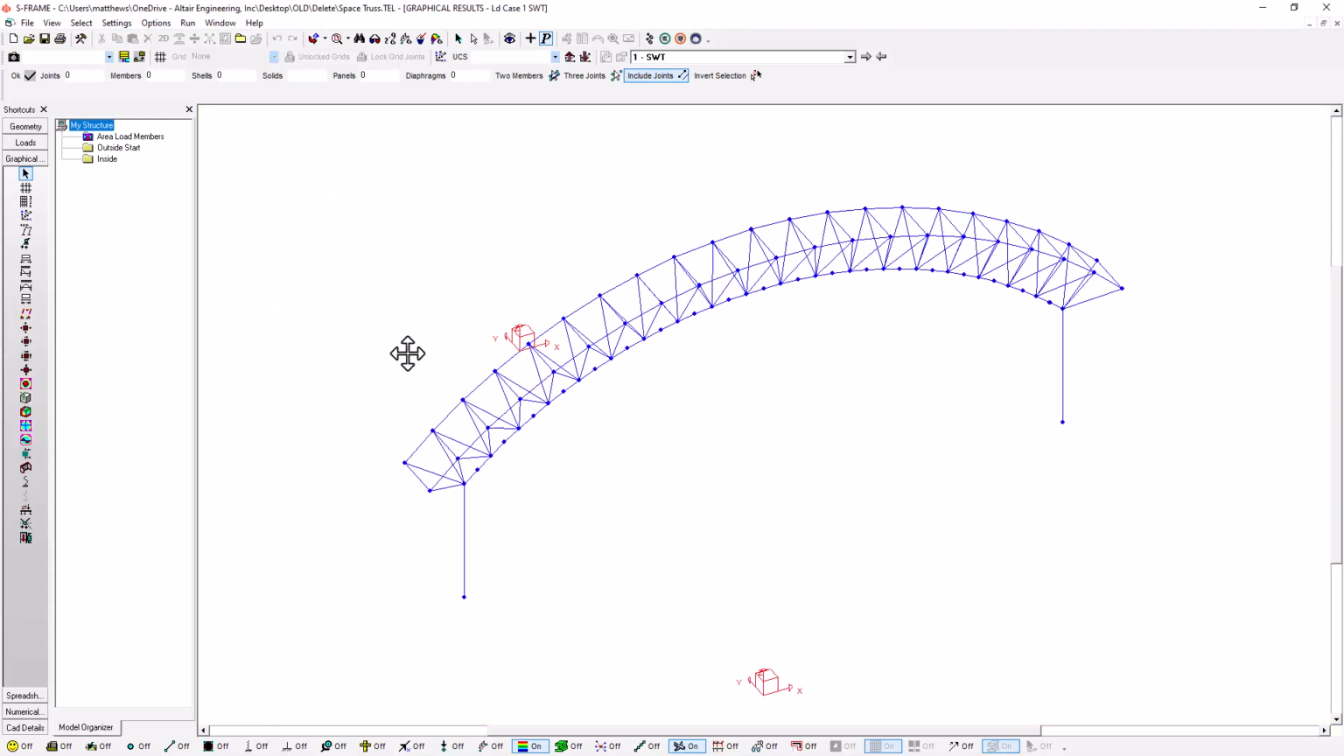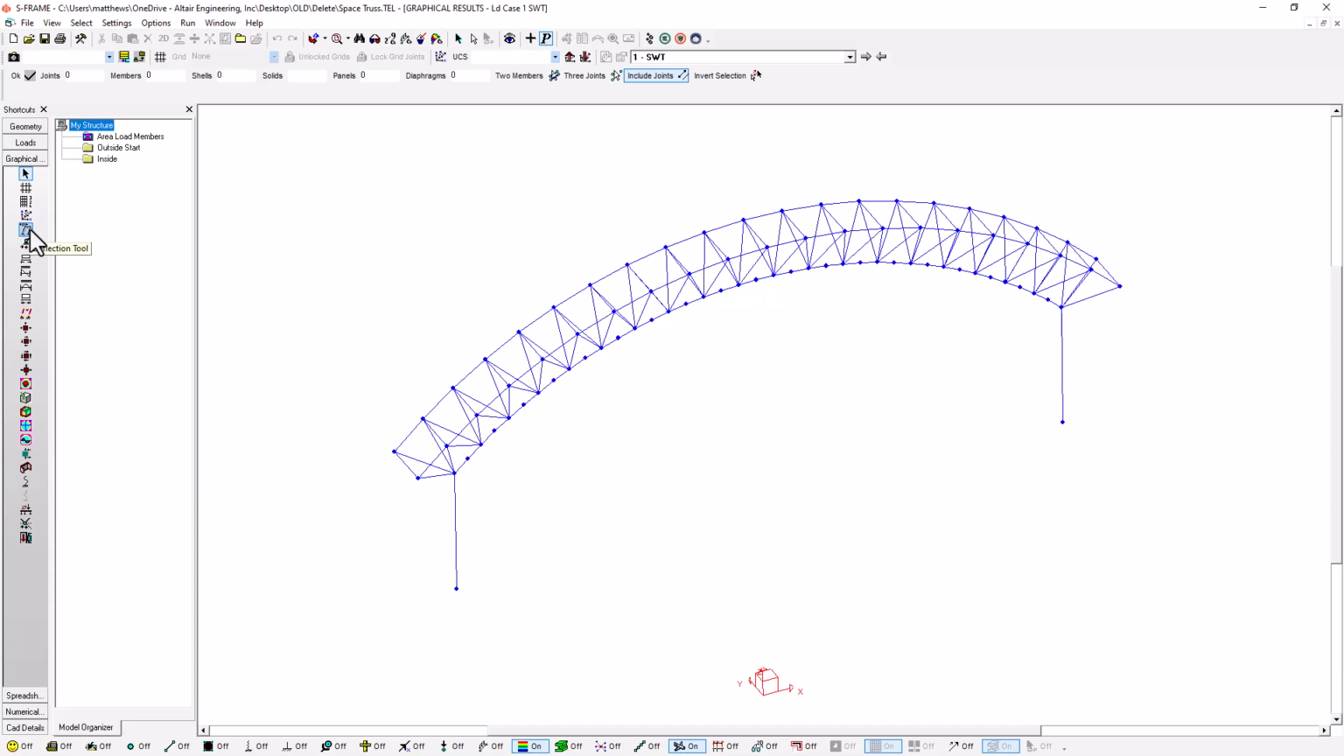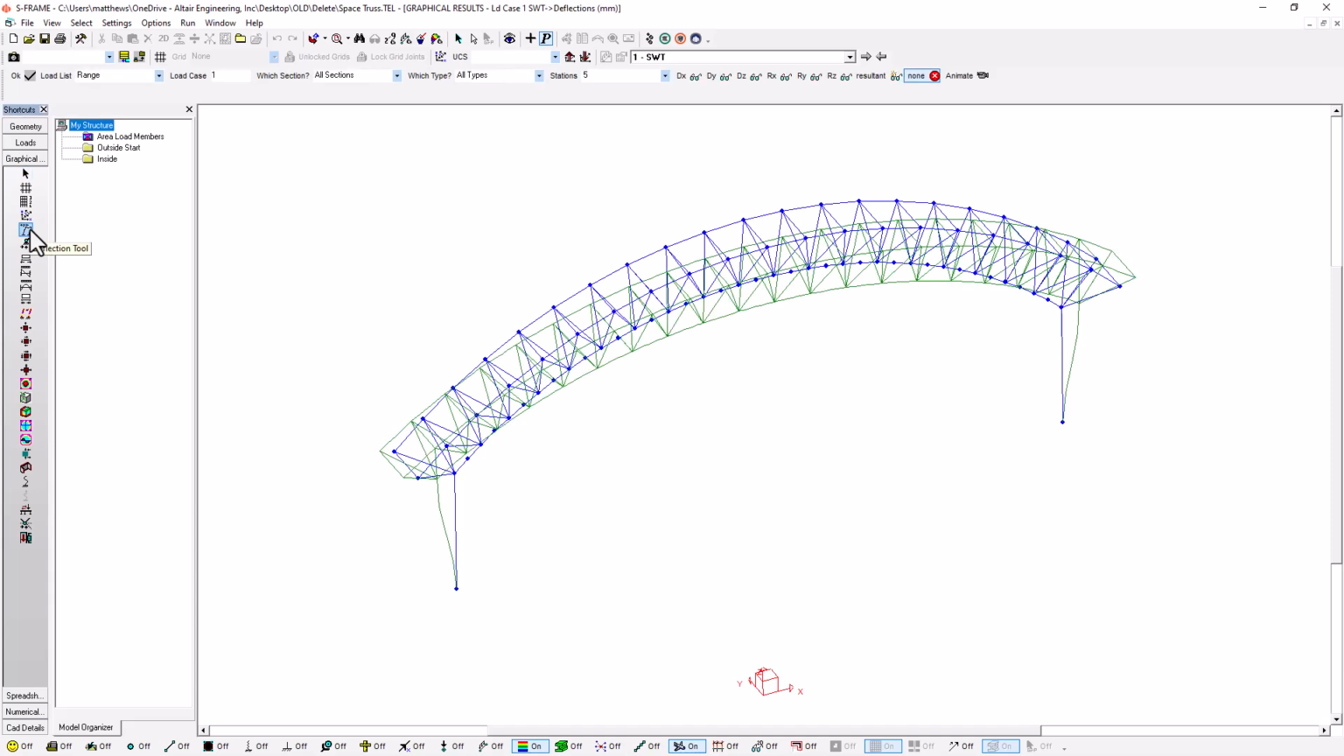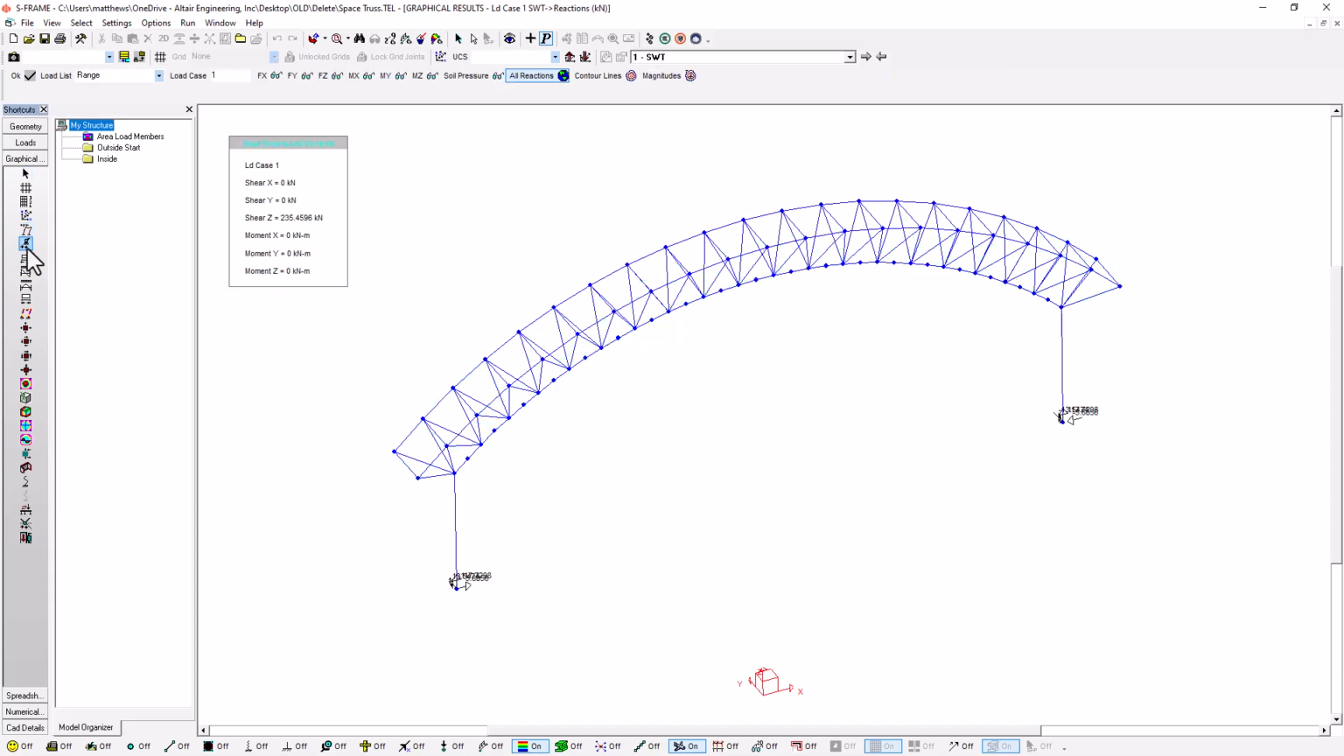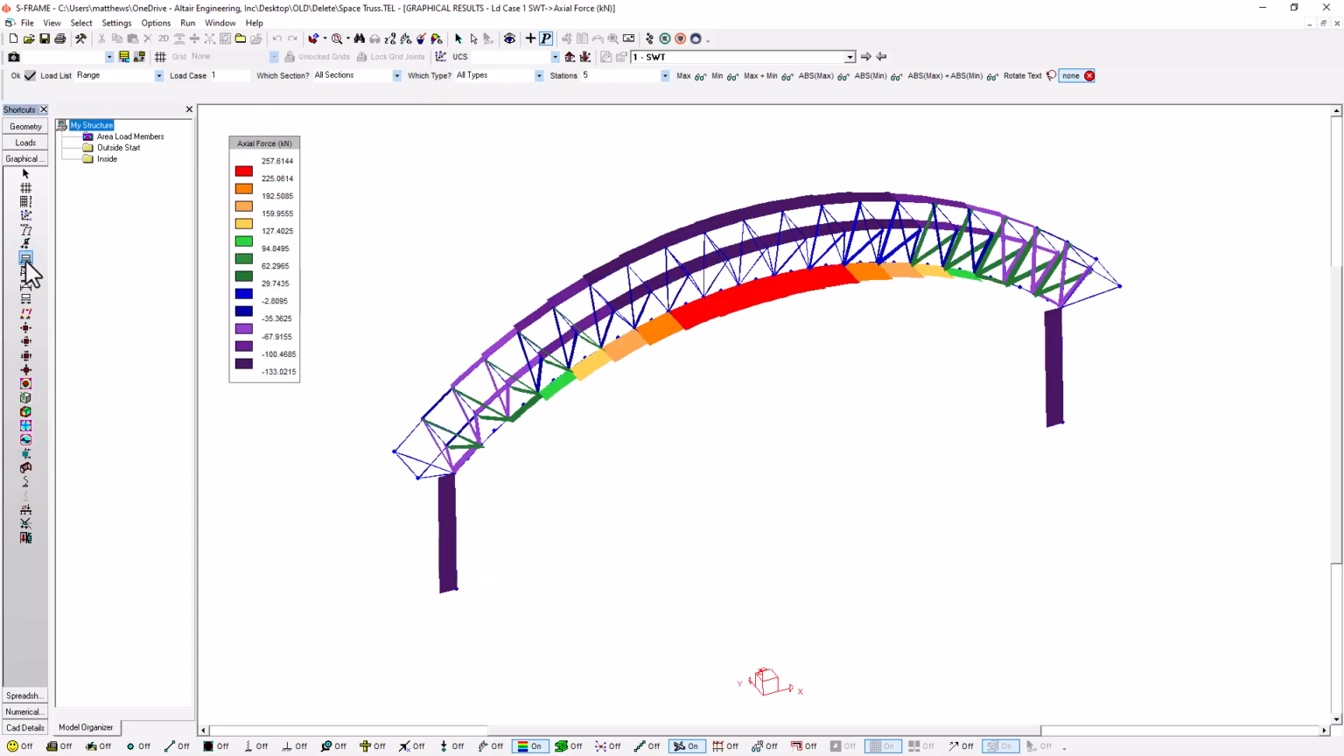And now when I'm in the graphical results window, I can look at things like the deflections, the deflected shape. I can look at my reaction forces in different directions, as well as my axial forces and moments if they were to exist. I could see those here. So that's a quick exercise for going through the creation of this type of circular or arched space truss